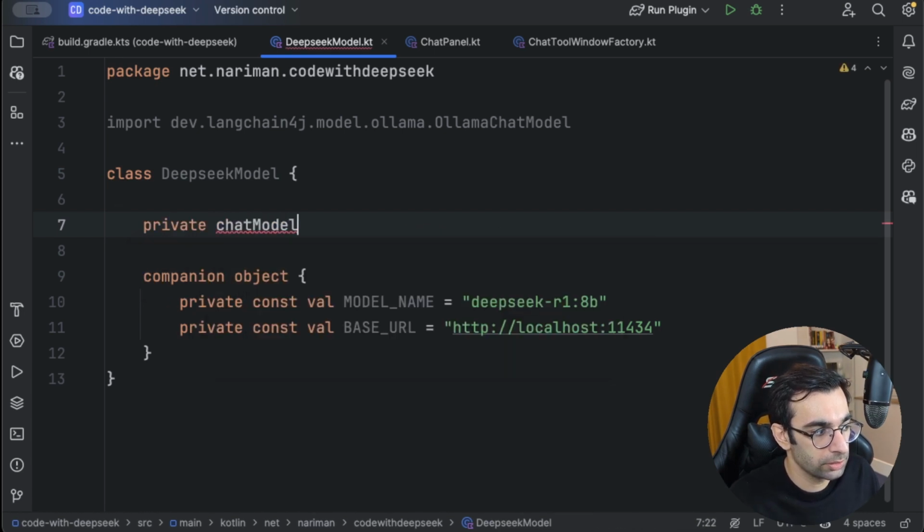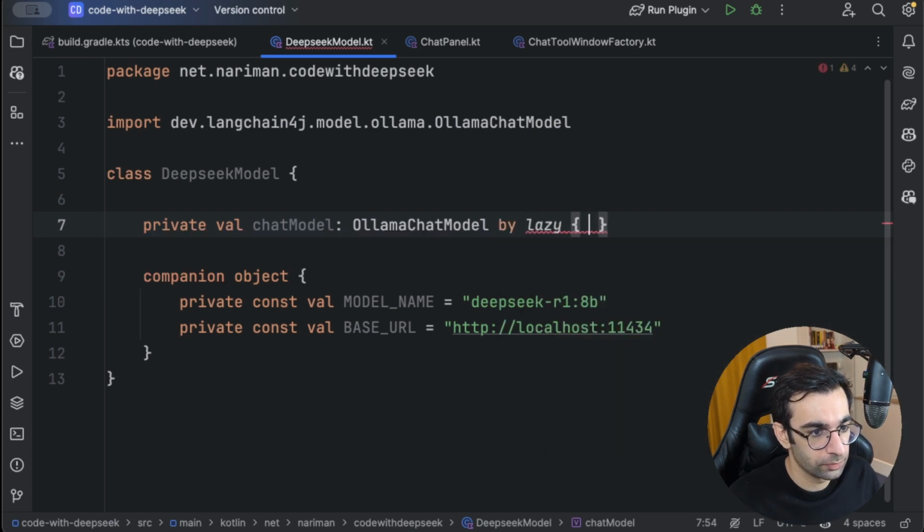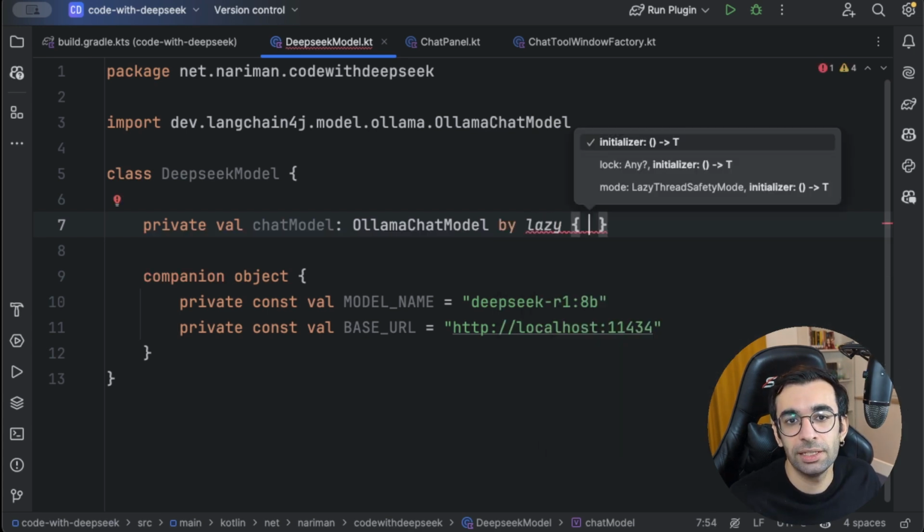This is my chat model. It should be val. It should be of type Ollama chat model. And actually it's a good thing to make this lazy. By defining it as lazy in Kotlin, we will only initialize it when it was first used. When you are initializing some objects that use resources or take some time to create, it's a good idea to